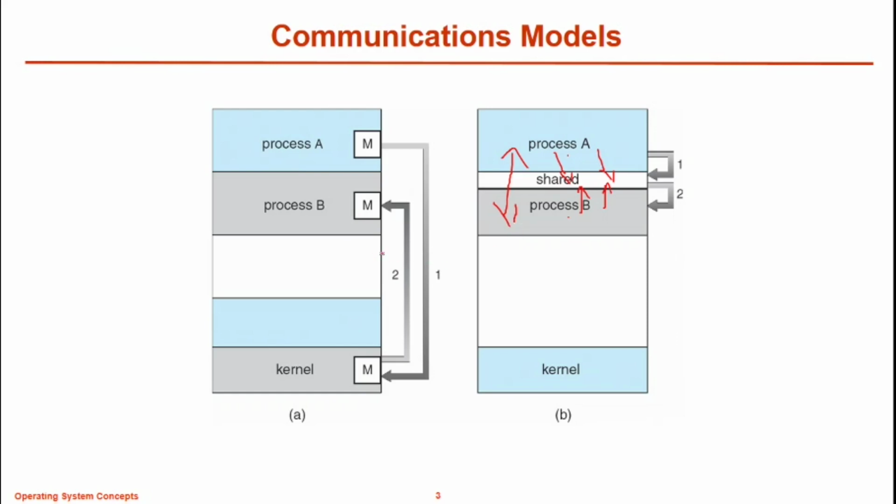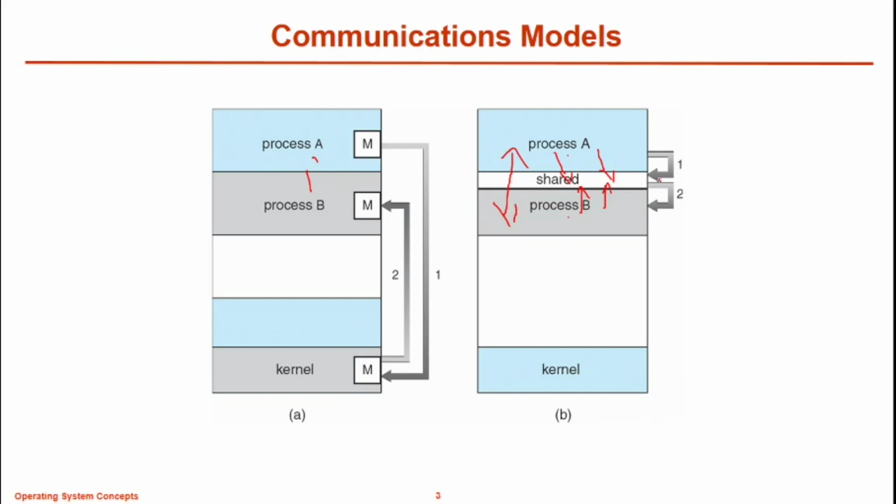For message passing, if process A and process B make use of a system call from the kernel, then a message or the data used in A has to be shared to B, and it cannot be shared directly between A and B. So through communication with the help of the kernel, it shares the data between A and B. So these are the two IPC models, where it either shares memory or shares data from one process to another.